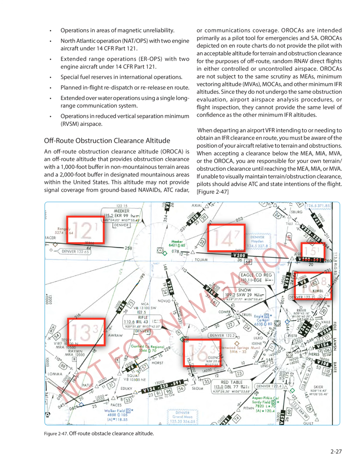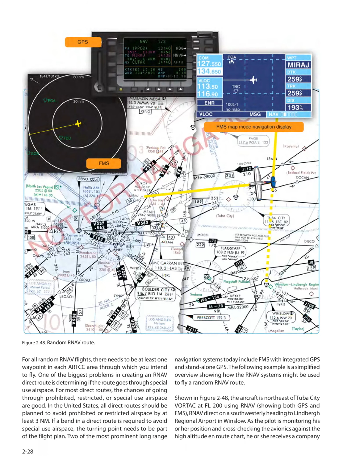If unable to visually maintain terrain/obstruction clearance, pilots should advise ATC and state intentions of the flight. Figure 247. For all random RNAV flights, there needs to be at least one waypoint in each ARTCC area through which you intend to fly. One of the biggest problems in creating an RNAV direct route is determining if the route goes through special